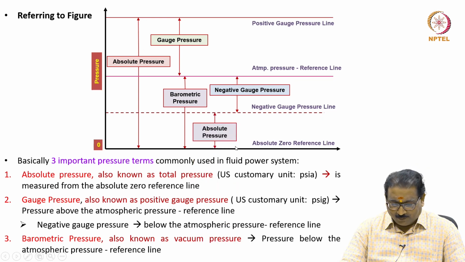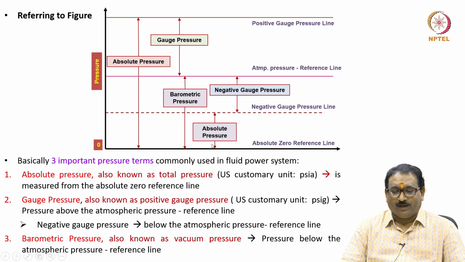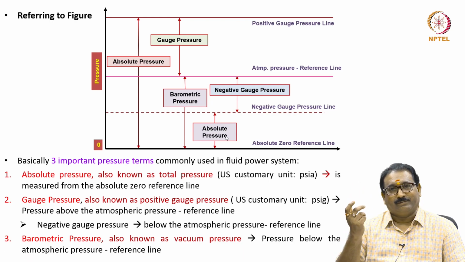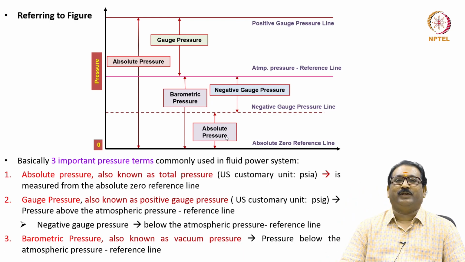You will see here, one more I have marked here, the absolute pressure. Even though it is below the atmospheric pressure line, if you measure with respect to the absolute zero reference line, it is known as absolute pressure. For example, its value may be 0.7. Also, you will remember, friends, the pressure units in SI are generally the Pascal, kilopascal, megapascal